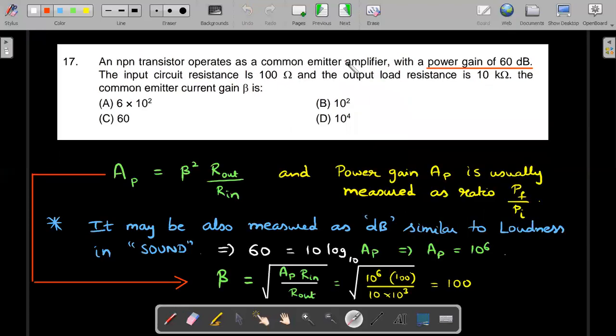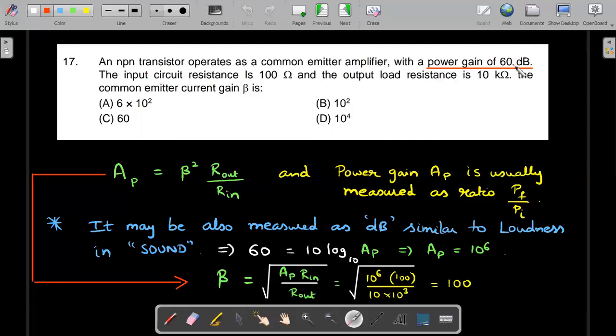So here it is. I've written the question again. This is something new. You have to watch video 2, or video 3, I think, in order to understand how an NPN transistor works. I've explained it clearly there. There the power gain formula and everything were written down. But there is a small difference. In that chapter, and even in NCERT, power gain is always given in the form of a ratio. Here it is given in terms of decibels.